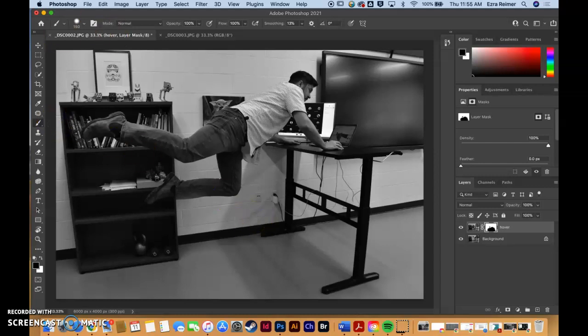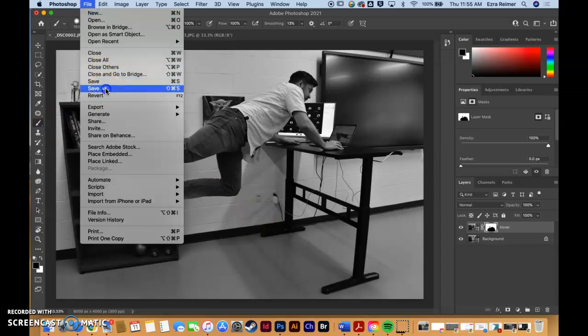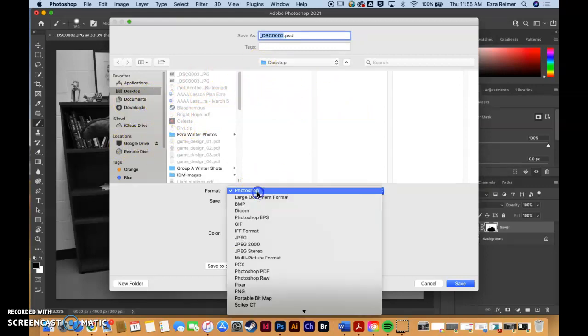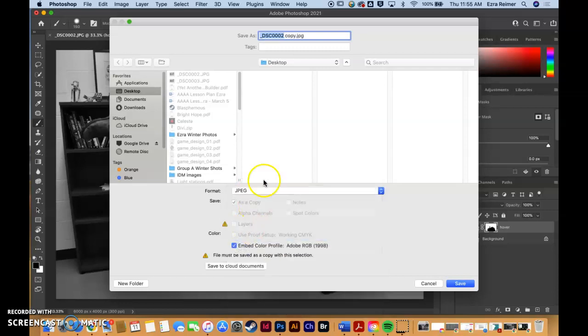Once you're done, you simply go File, Save As, and you go to wherever you need to save it, in this case probably in your Google Drive. You're going to save it as the format JPEG, and you're going to save it as the format Photoshop. So you have both, but you're going to call it